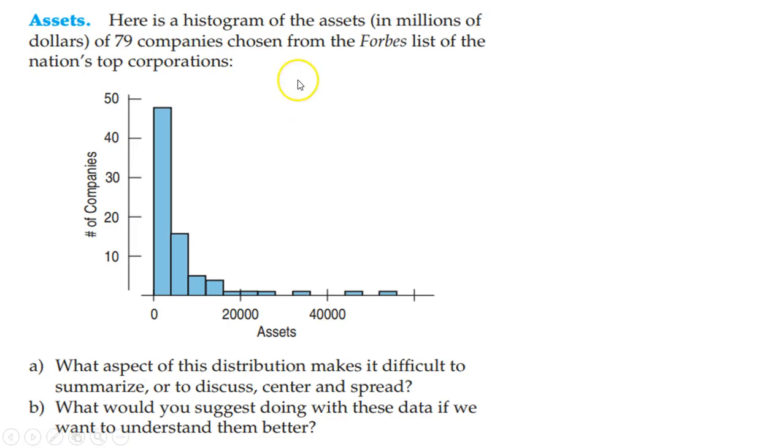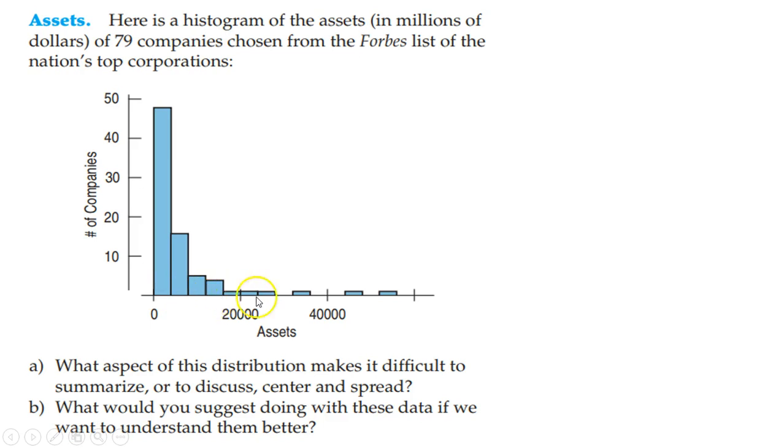Over here, here's a histogram of the assets of 79 companies chosen from Forbes' list of the nation's top corporations. What aspect of this distribution makes it difficult to summarize or discuss the center or spread? Makes it difficult because it's definitely skewed to the right drastically. So it's going to make it hard to find the center and the spread because trying to space out where these are and what it's between, even the spacing,